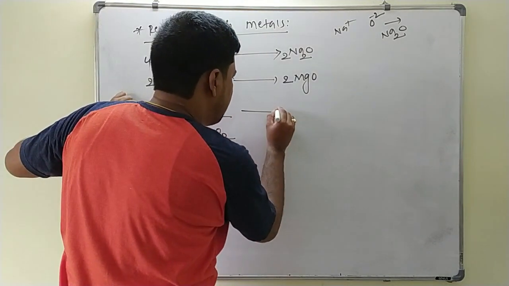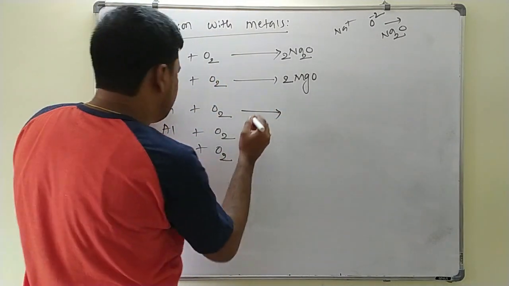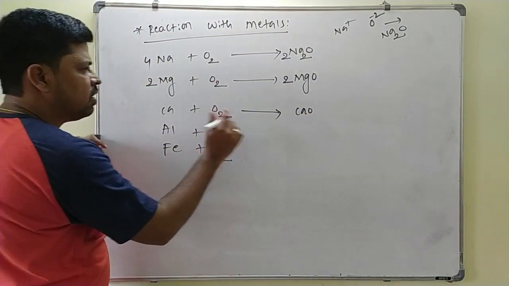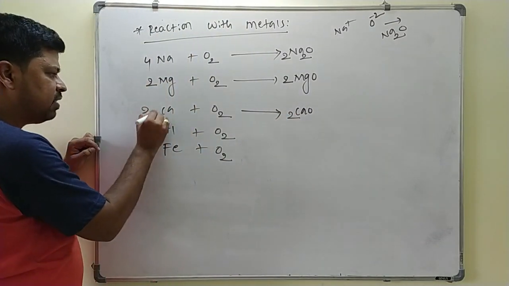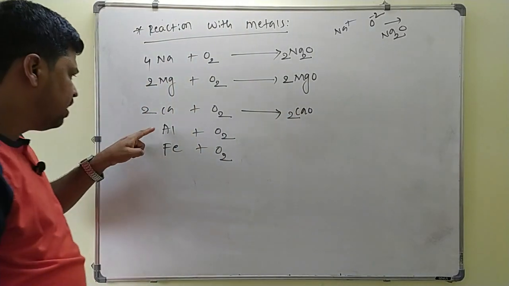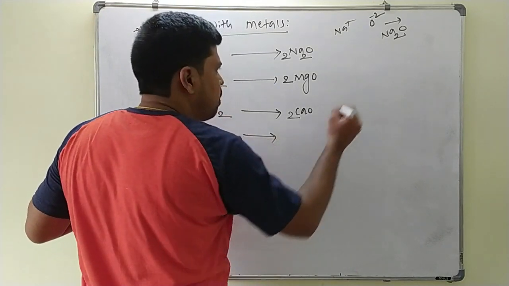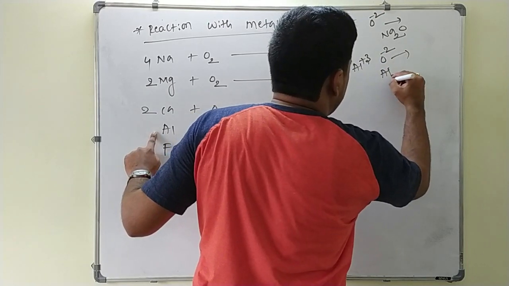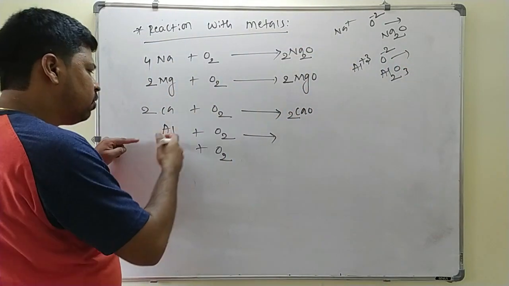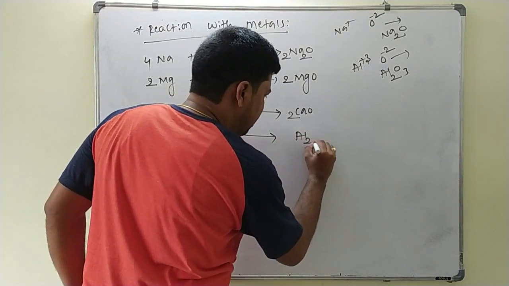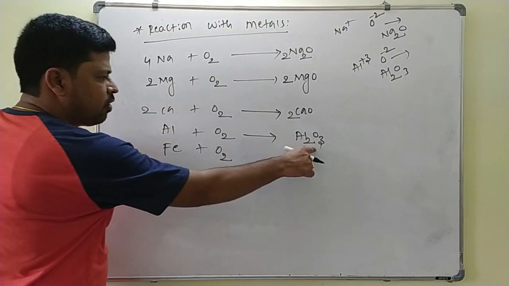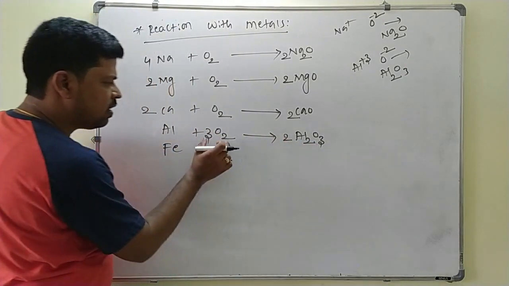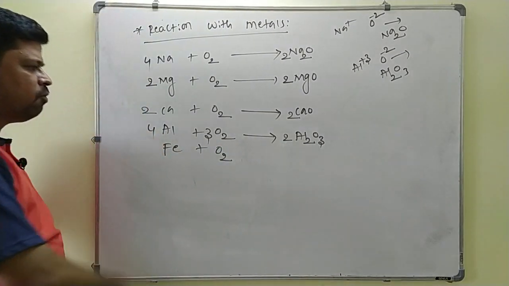Similarly, in case of calcium also, it is a group 2 element. So calcium is +2, oxygen is -2. It will form calcium oxide. So for 2 oxygen, you take 2 moles here. So you balance the calcium like this. Next one. Aluminum is +3 and oxygen is -2. What will be our formula here? Al2O3. So like this you have to do the rough work, and then you write Al2O3 here. 3 oxygen, 2 oxygen, multiplied with 3, multiplied with 2 here. So total 6 oxygen, 4 aluminum.